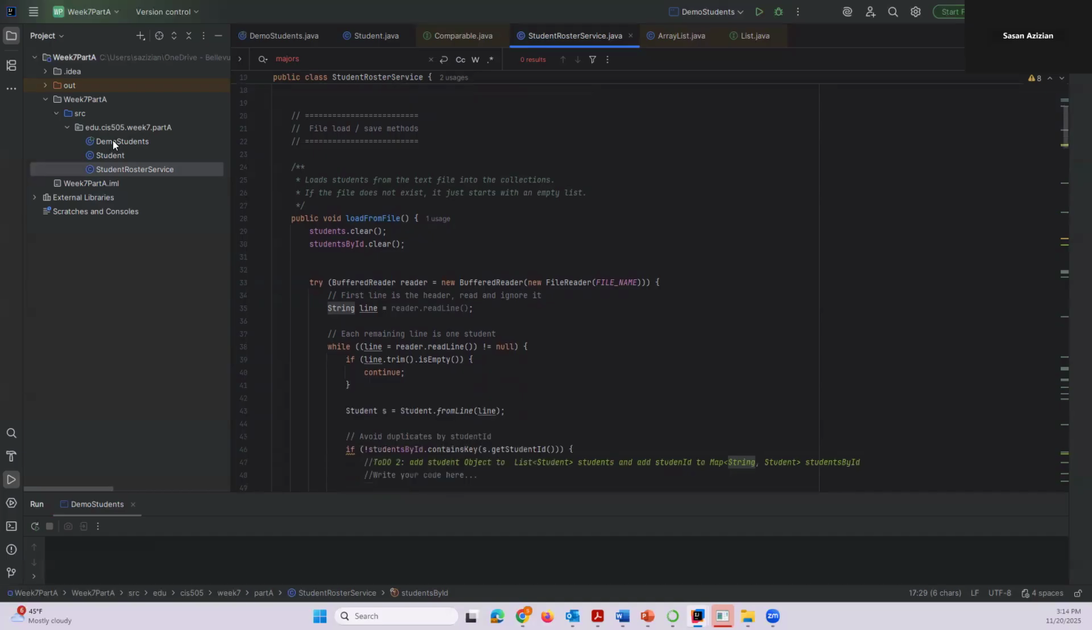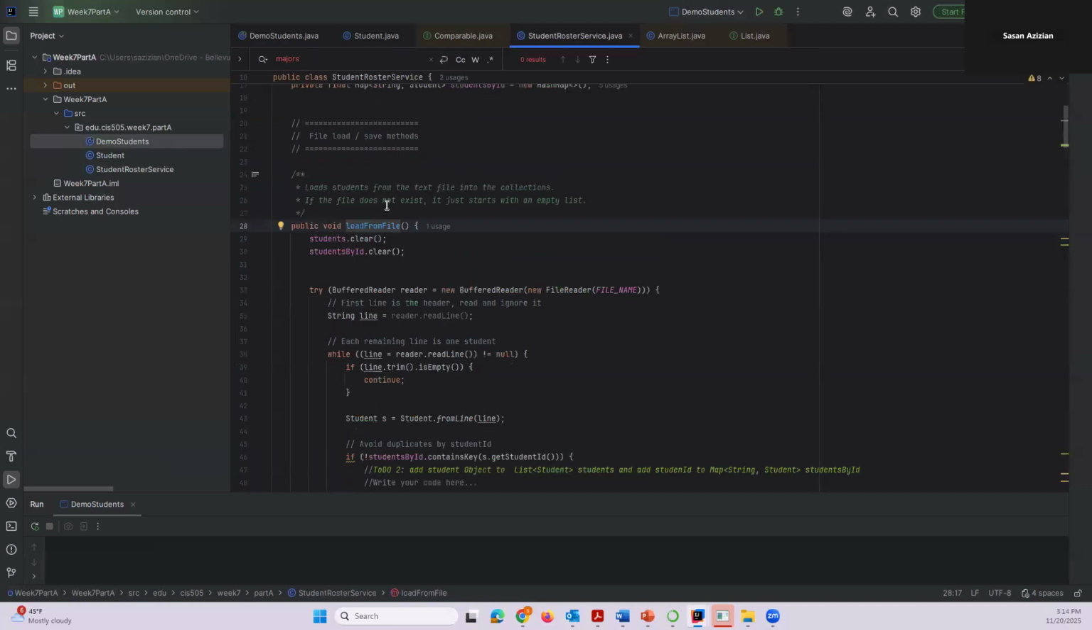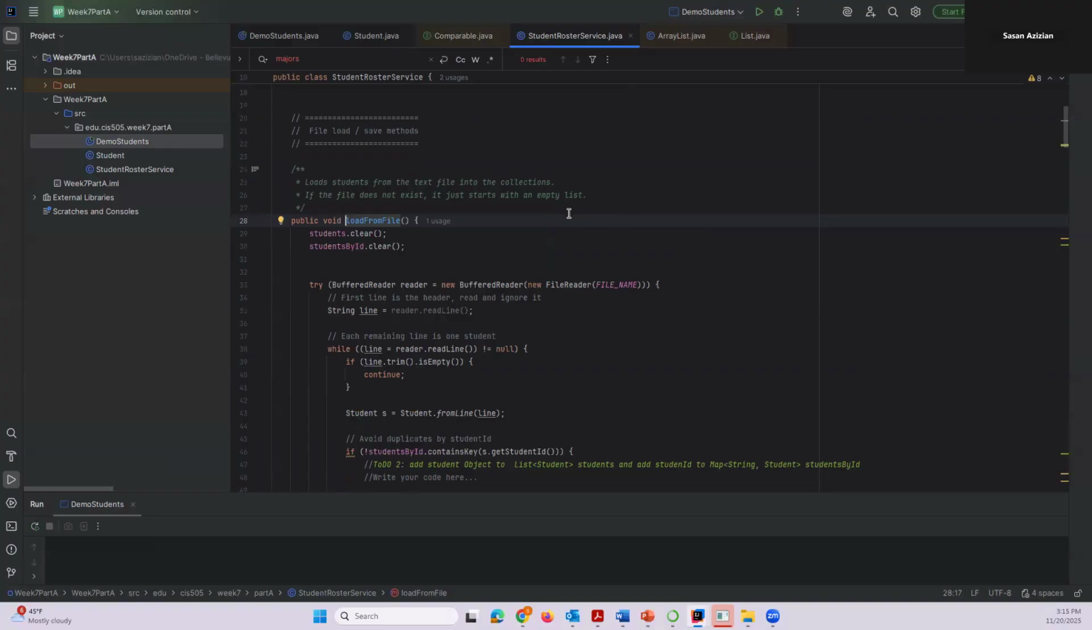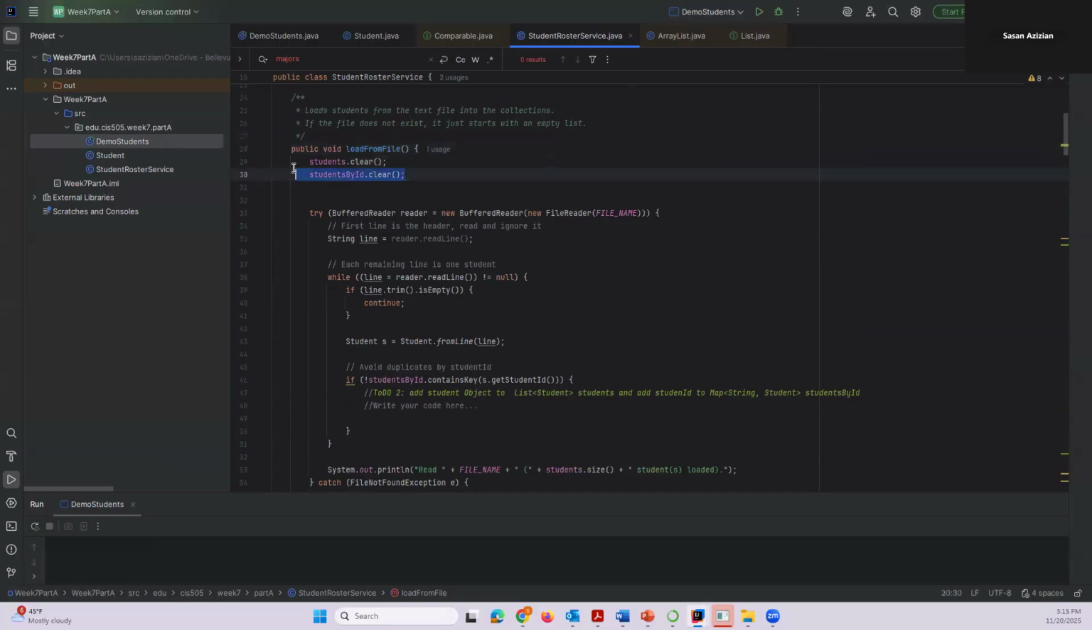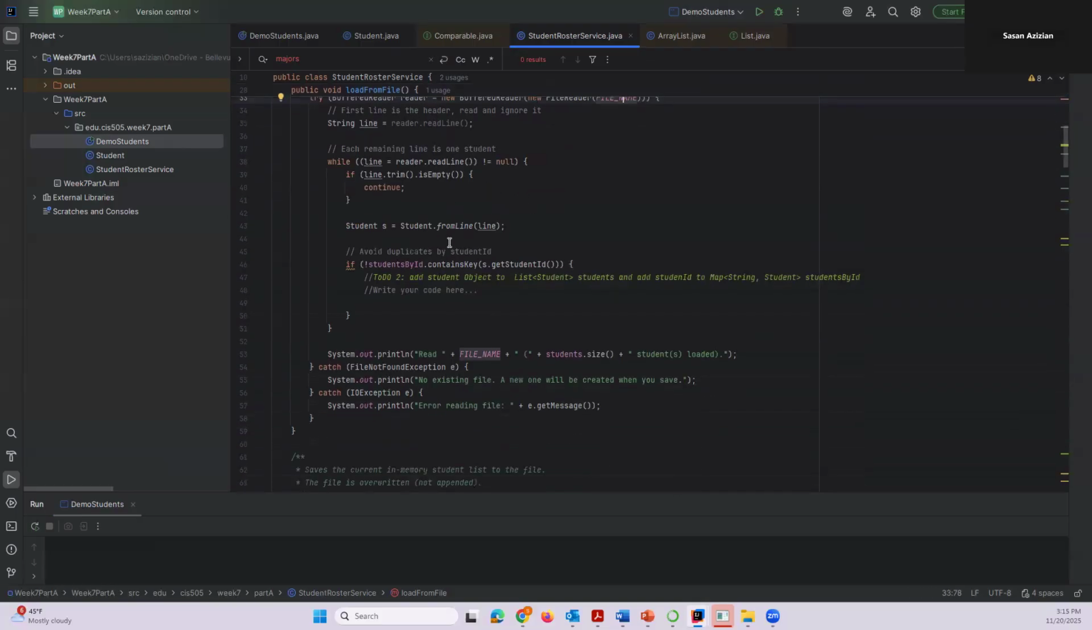Okay, let's go back to here. When you run this code, we create an object from StudentRosterService, and then the first thing you call is loadFromFile. What is it doing? This method loads students from the text file into collections. So it means that if we have a file, we saved it. Before doing something, first clear these two collections, and then open the file, and if it finds it, then read the first line, and if you find something,